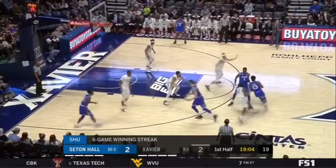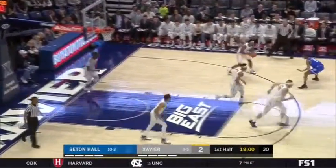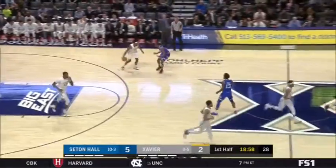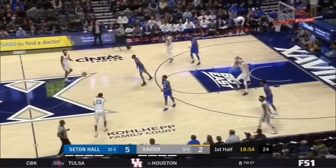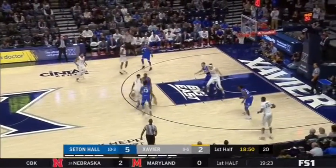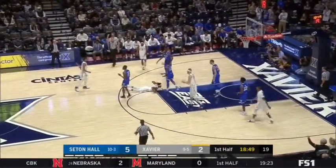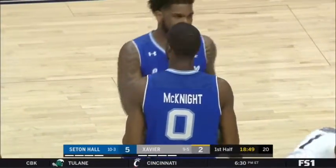Enzi is matched up with Hankins. Powell for three. Got it. I'll tell you what, there were 4 hands in his face. You might have to get 2 more. Kid is that prolific from long range, man. Trying to gamble for a steal there, and a foul on Quincy McKnight, as he may have given Paul Scruggs